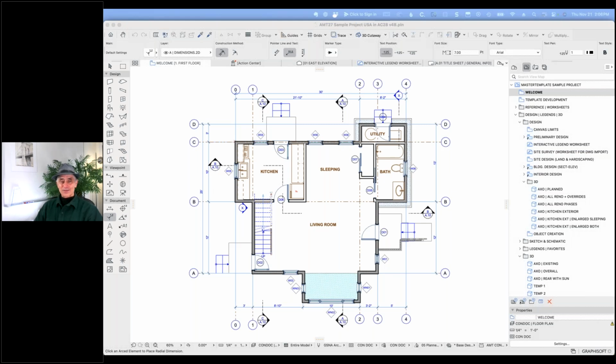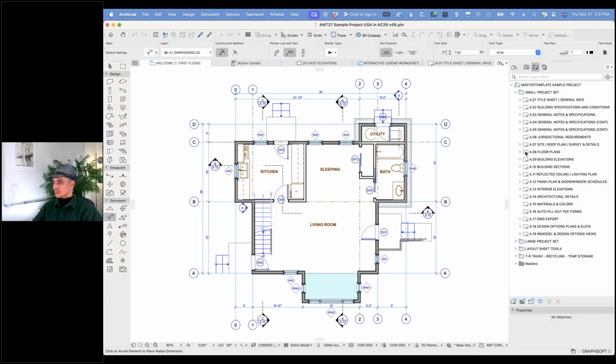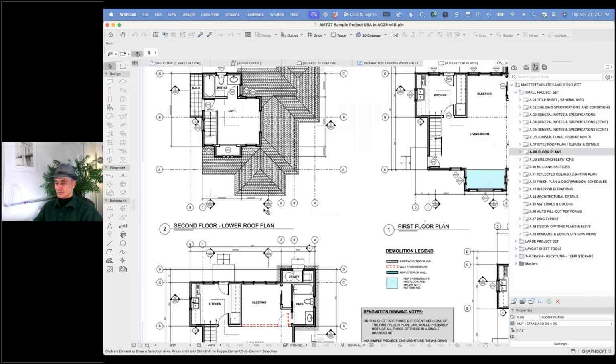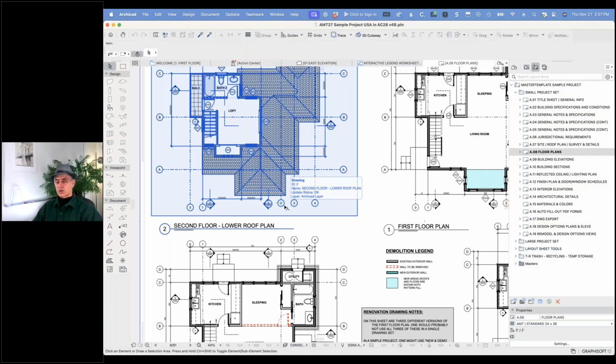So I started over the course of the last week converting our 27 template to 28. And actually having gone through it, I think I found a little bit more efficient ways to do it. But so far, so good, with one exception, and that is drawing titles on layout sheets. I don't know if you've gotten into that at all, or if anybody has, but I'm finding that transferring parameters from, say, a floor plan drawing to an elevation or section drawing, just for me, for some reason, just does not work. Okay, well, that would be interesting to troubleshoot with you, because maybe there's just some simple setting that